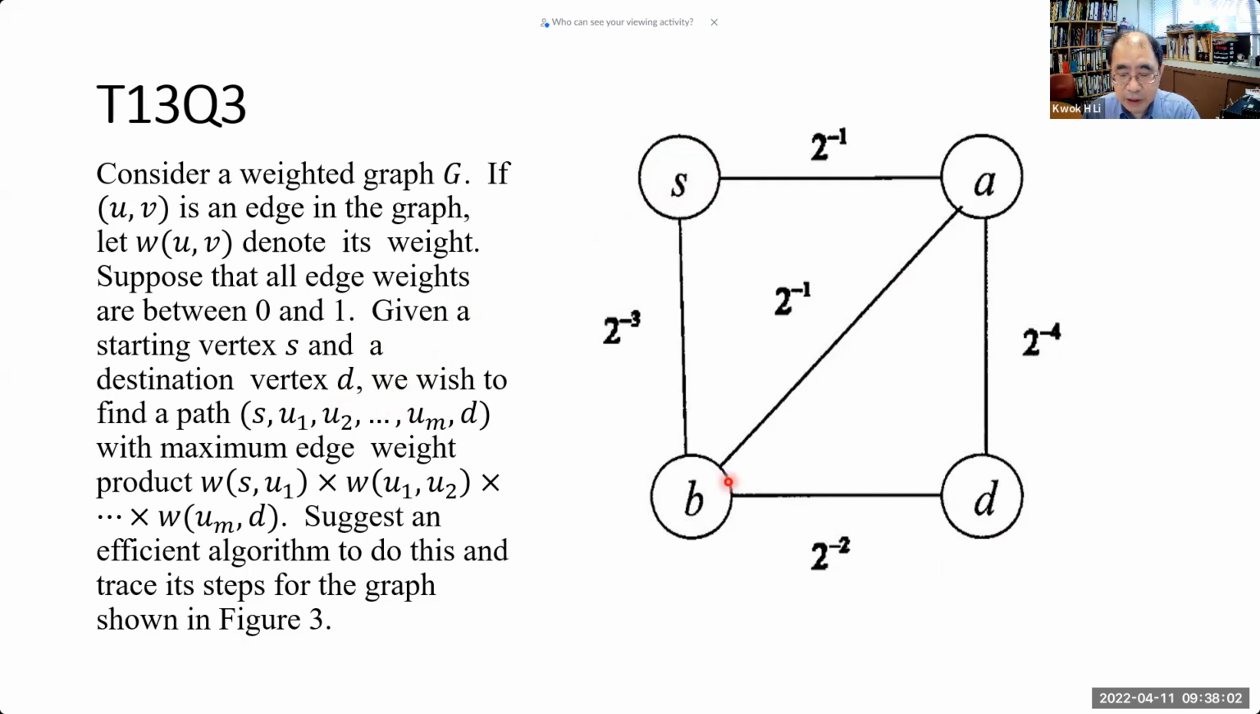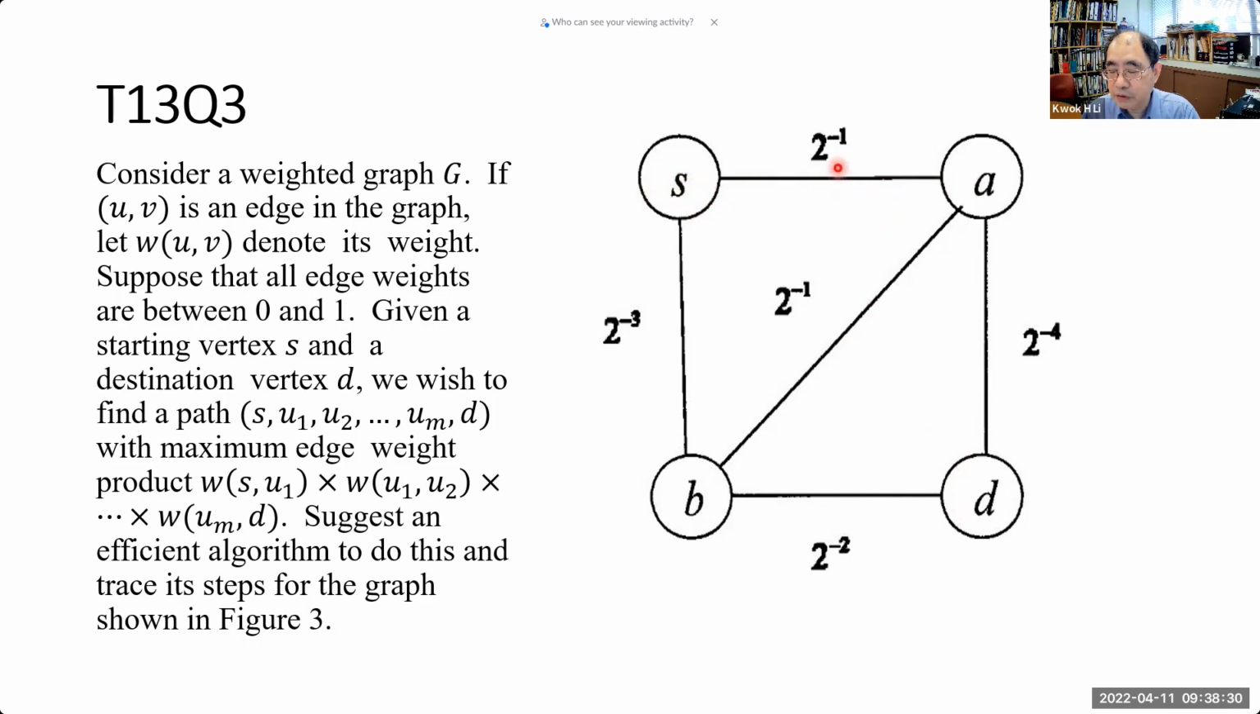This one is S, right? And then we would like to go to D. We have to see what's the path to do it. The requirement is that the product of all these weights here should be the maximum. Say, for example, from S to D, we choose this path here from S to A, from A